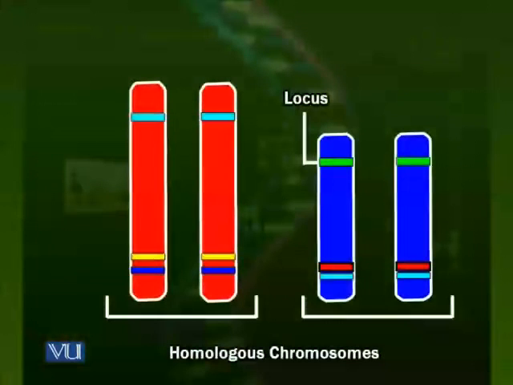though there are certain differences in the set of genes, because one part of a gene on one member of the pair may be a dominant one, and the gene present on the other one may be the recessive one, or both are dominant, or vice versa. These pairs are called homologous pairs. Homologous because they look alike in their general appearance and shape, particularly when the cell is dividing, because we already